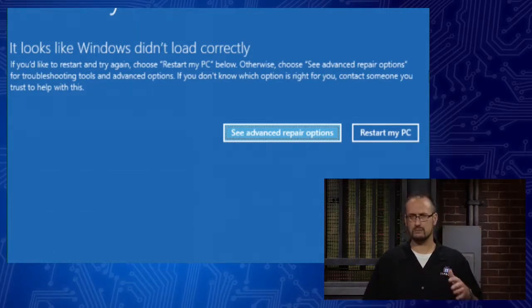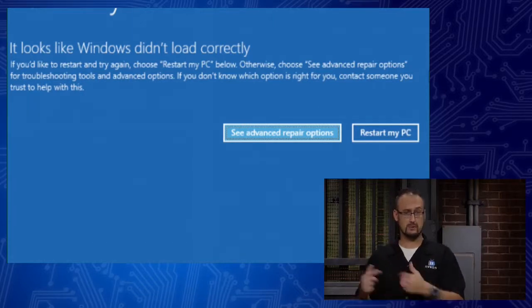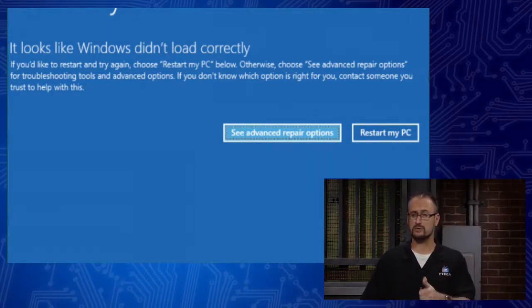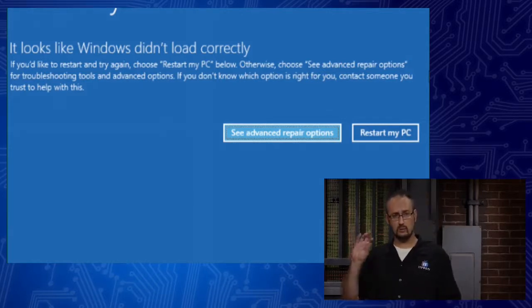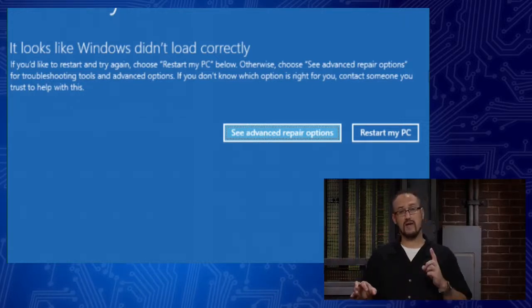Now, if that's missing, you can get a missing NTLDR, then what you would have to do is boot into a recovery environment, or a repair disk, and you would have to repair your operating system. Since Vista and all the way up to Windows 10 today, and including Windows 8.1, what the boot manager is looking for is something known as winload.exe. Winload.exe is actually the Windows operating system loader of today, from Vista on, really. Now when that file gets corrupted, it doesn't load the operating system.